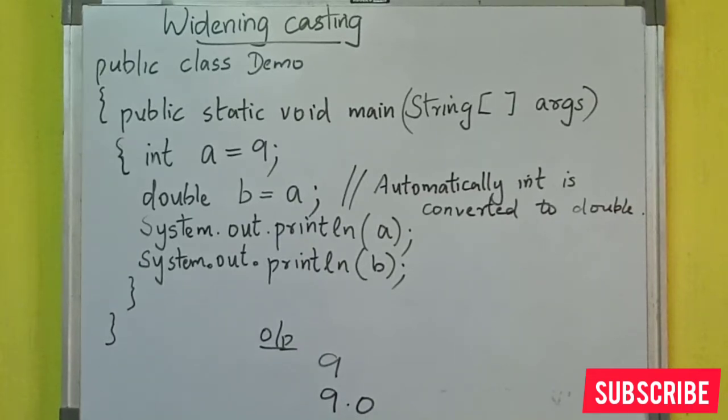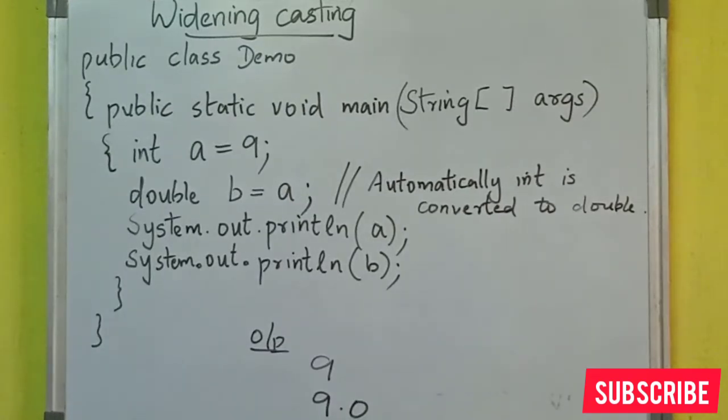As I mentioned earlier, widening casting is an automatic typecasting method in which the compiler automatically converts one particular primitive data type to another data type. First of all we have to write the class details. So public class demo, then inside that class block we have to specify the main function. So public static void main String args, which is arguments, and then we can initialize a variable a, which is a primitive type of integer data type. So a is initialized with a value 9 since it is an integer number.